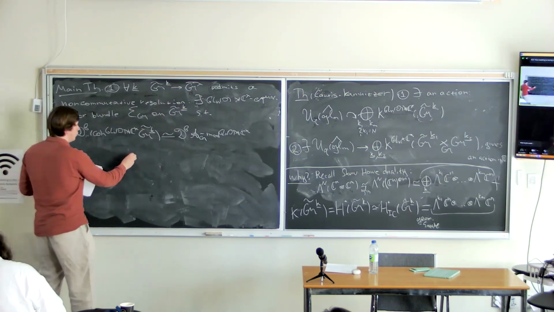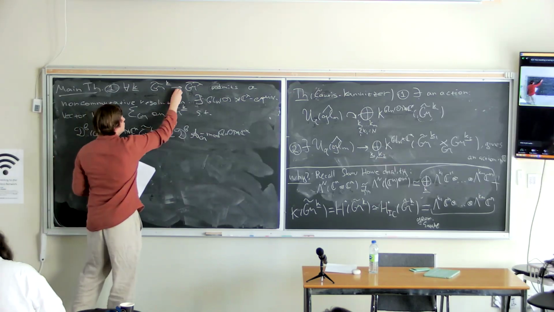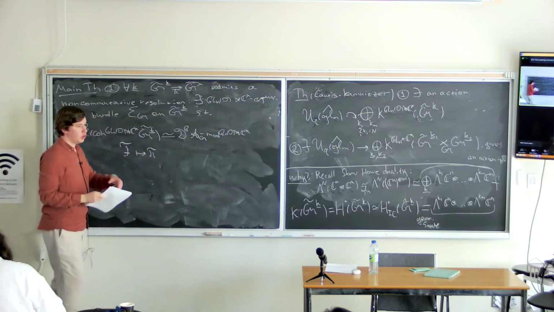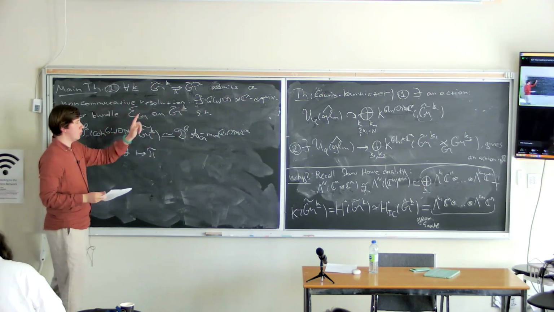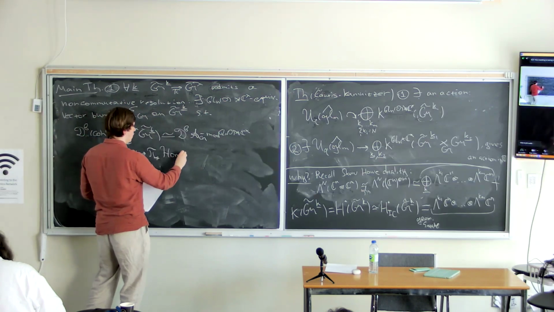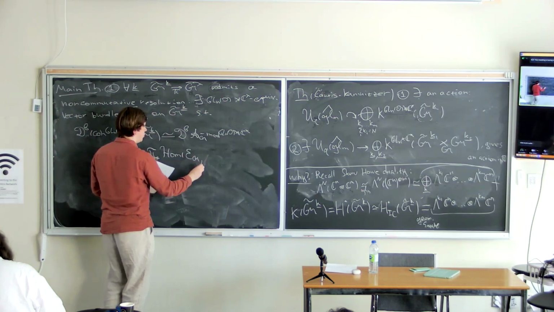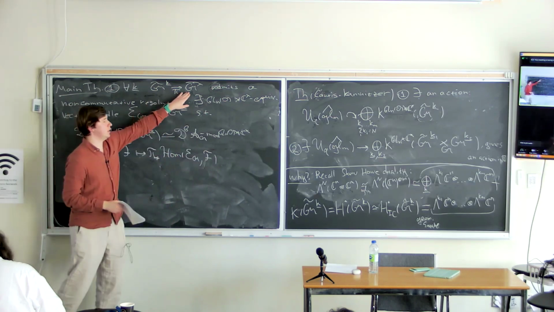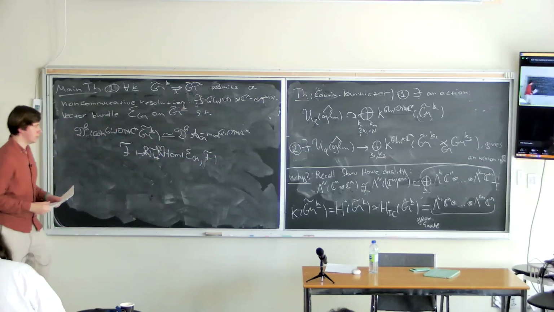So here the equivalence will be given by, let me denote this morphism by pi. Then we took the global homomorphisms from E to our sheaf. Here we need to take the inner sheaf Hom from E to F, and then take its push forward, or rather again, everything derived.